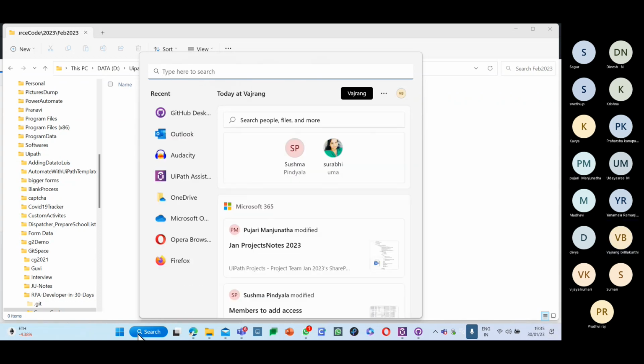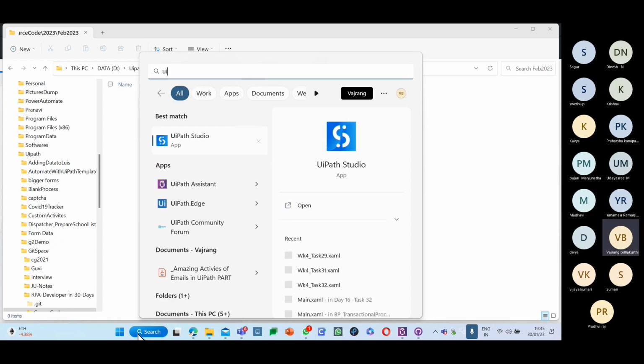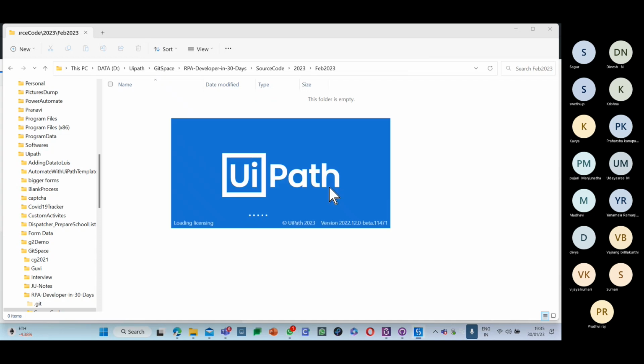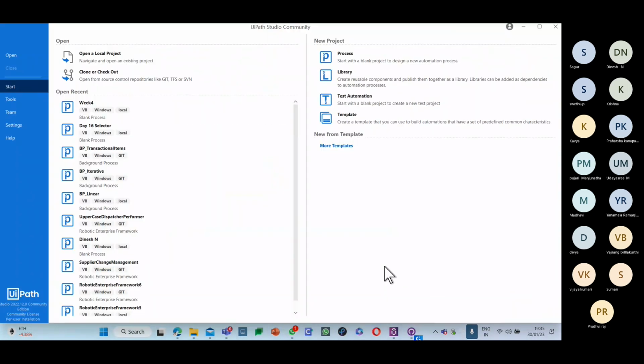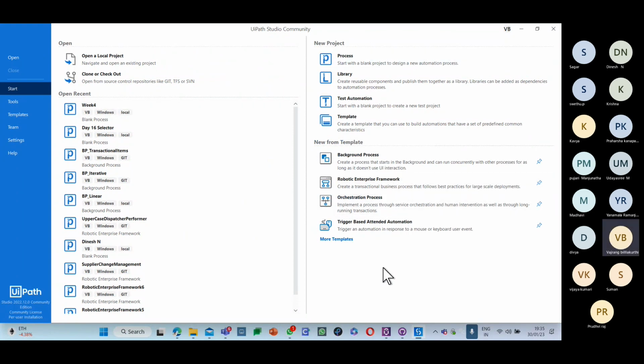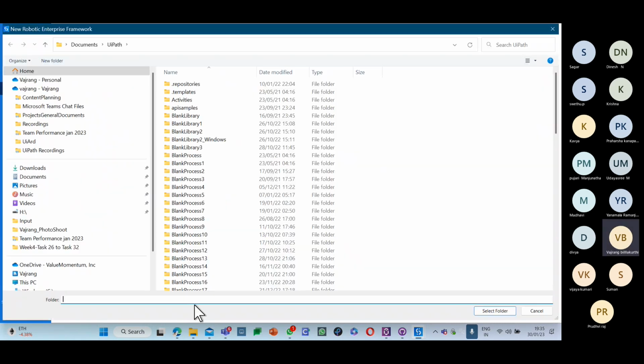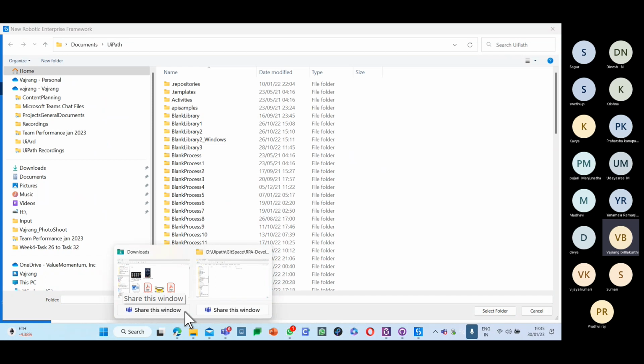UiPath. I'll be starting with an REFramework, robotic process automation, and the folder name will be